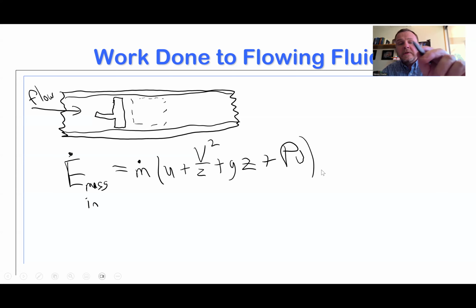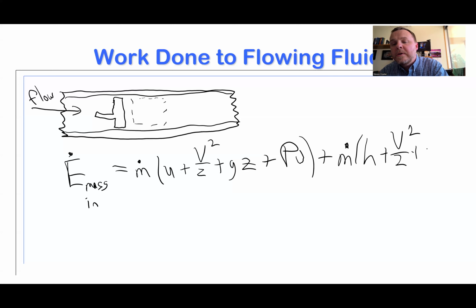Now notice, and you're more than welcome to add U plus PV every time you need to do a calculation here. But notice we don't have to. That's already done for us. U plus PV by definition is H. So if I'm dealing with the energy of mass flowing in or out of a system, I'm going to use the H value because it represents the energy of that mass plus the push upstream to make it go downstream.